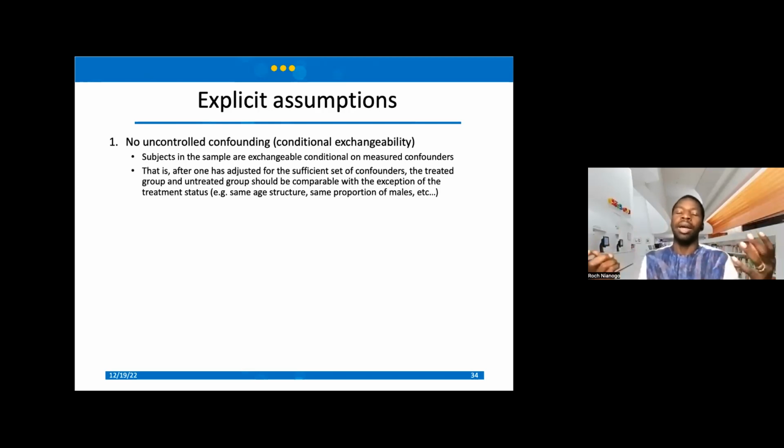Imagine it's like a randomized control trial, basically. When you implement the intervention, you expect to have covariate balance between the different covariates, right? Like age, sex, and all the background factors. This is basically what that assumption means. It just means that after you've accounted for the known covariates, then they should be exchangeable.